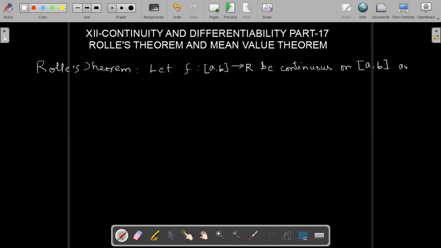And also differentiable in the open interval (a, b), on the open interval, and the endpoints we will not take. At the endpoints it is not differentiable because at the endpoint of a curve we cannot draw the tangent. That's why. Such that